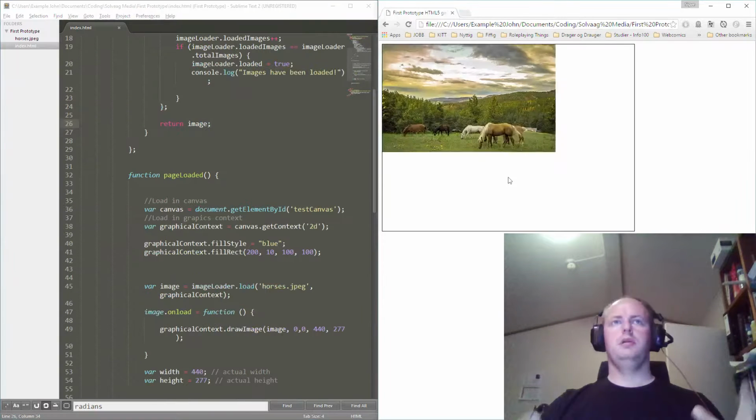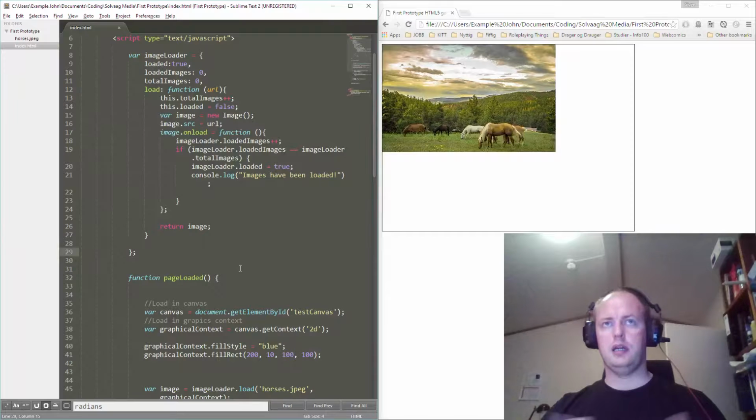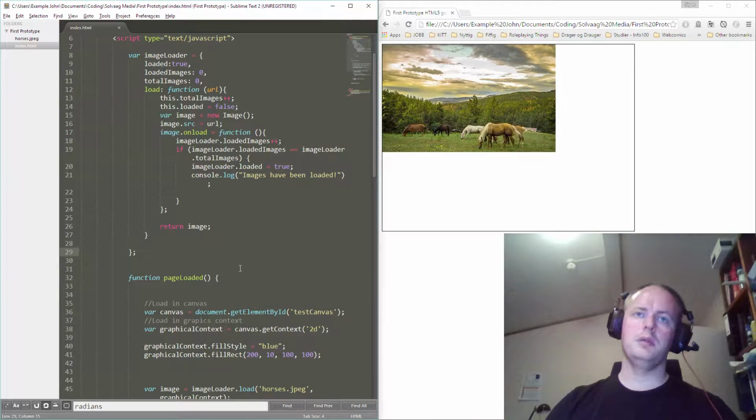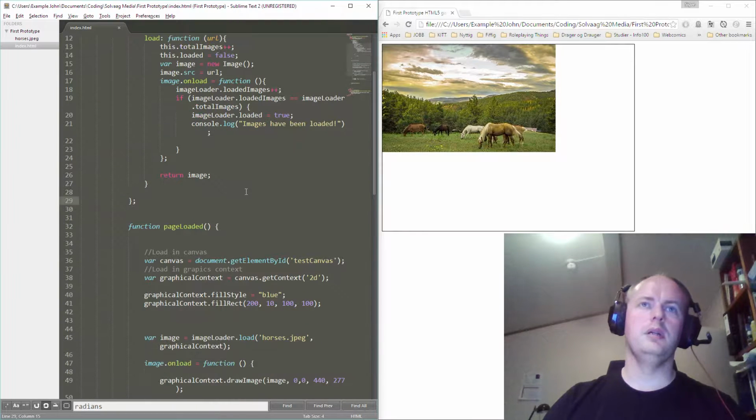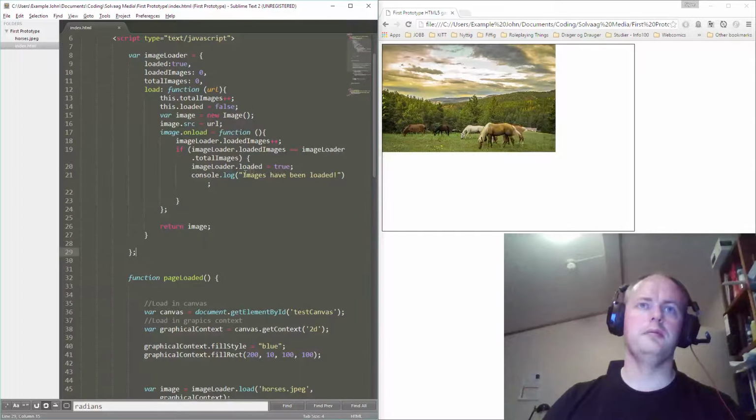we could skip the whole image loader class, but that one is probably meant for loading a lot of images and then calling a final onload when all of the images are correctly loaded. Let's say we load several images and it will check if all the images have been loaded correctly. That's what it's doing basically. So we have several images and we're returning them. But the whole, but the thing is, as long as